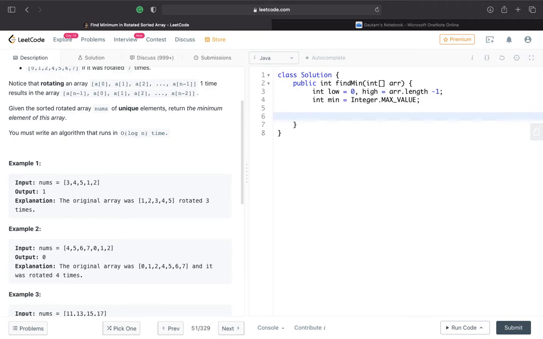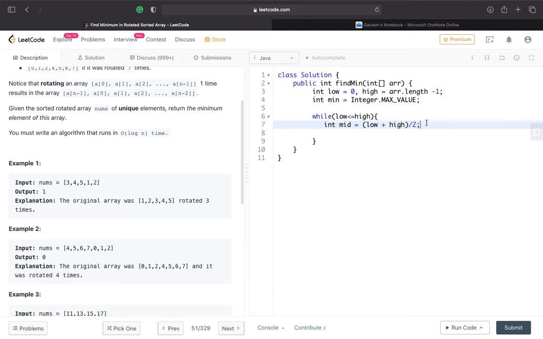Now we'll start with our original binary search, which is while low less than equal to high, and we'll compute the middle element, which is (low plus high) divided by 2.